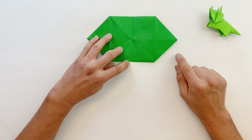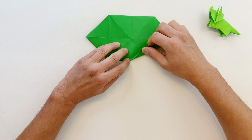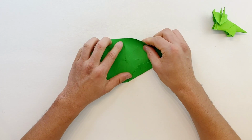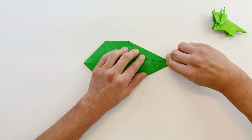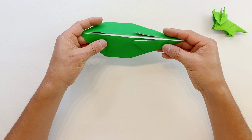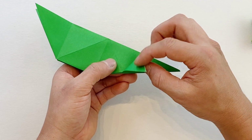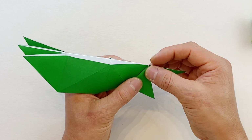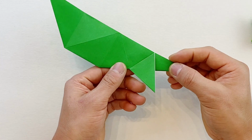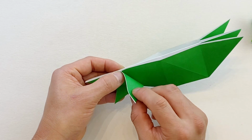And now I'm going to connect these 2 points, folding along this line right here. And also on the other side, connecting these 2 points, just like that. And then flip to the other side, I'm going to fold in half like this. This is going to be the back leg, so I'm going to fold, connecting this point and this point right here, and fold it backward, just like that. And flip to the other side, I'm going to do the same thing, connecting this point and this point right here,